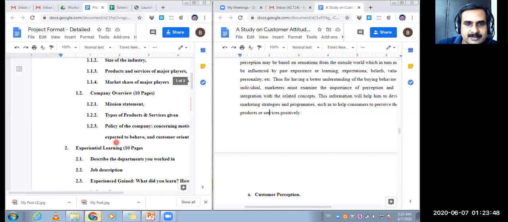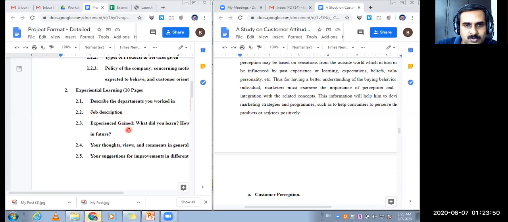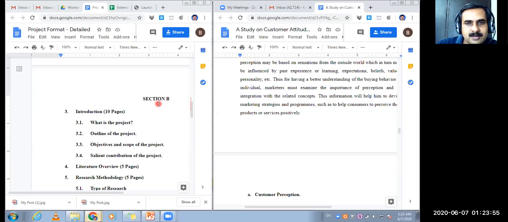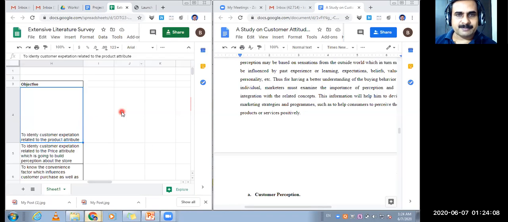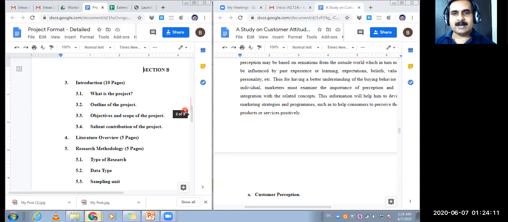फर्स्ट पार्ट कंप्लीट हो गया, देन कंपनी ओवरव्यू भी कंप्लीट हो चुका, राइट साइड पे वो भी आपको मिल जाएगा। एक्सपीरियंशियल लर्निंग हम लोग ने टाइम बीइंग छोड़ दिया है, क्योंकि ये रिसर्च प्रोजेक्ट के एंड पे कवर किया जाएगा। और हम लोगों ने आज सेक्शन बी का इंट्रोडक्शन, व्हाट इज द प्रोजेक्ट, आउटलाइन ऑफ द प्रोजेक्ट, ऑब्जेक्टिव एंड स्कोप ऑफ द प्रोजेक्ट, साइलेंट कंट्रीब्यूशन ऑफ द प्रोजेक्ट को कवर किया, और एक्सटेंसिव लिटरेचर सर्वे के लिए प्रैक्टिकली गूगल सीट पे करके दिखाया। तो मुझे लगता है इससे आपको एक बेसिक फ्रेमवर्क बन चुका होगा, और इस फ्रेमवर्क के थ्रू आप अपने रिसर्च प्रोजेक्ट रिपोर्ट को अच्छे से कंप्लीट कर पाओगे। अभी के लिए इतना ही।